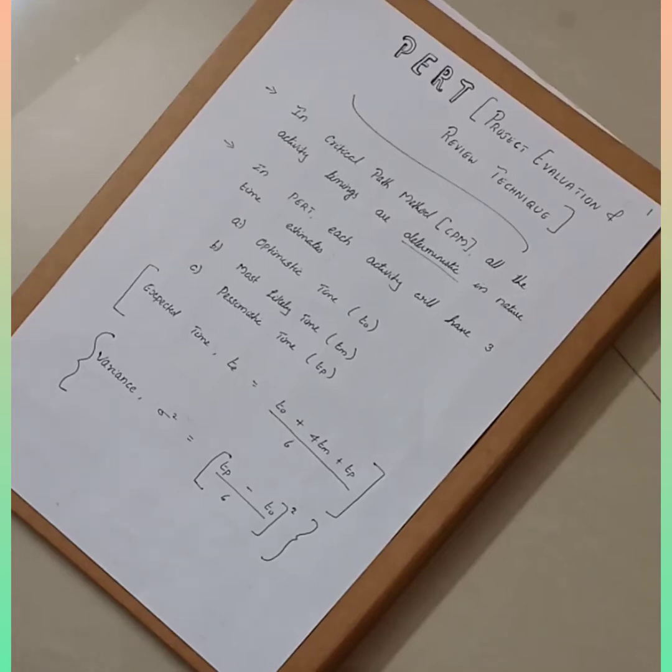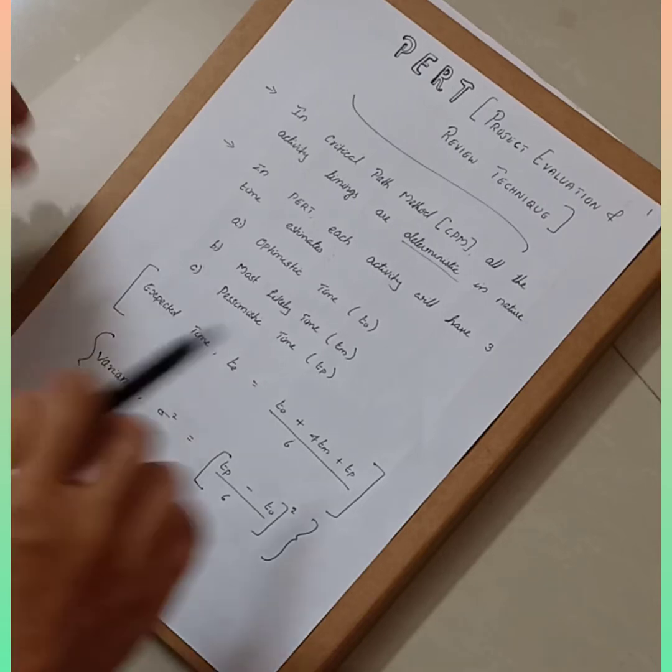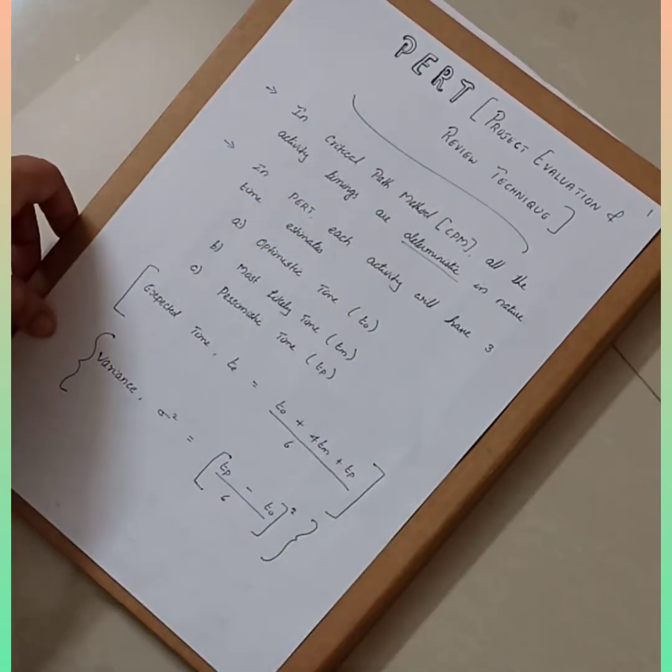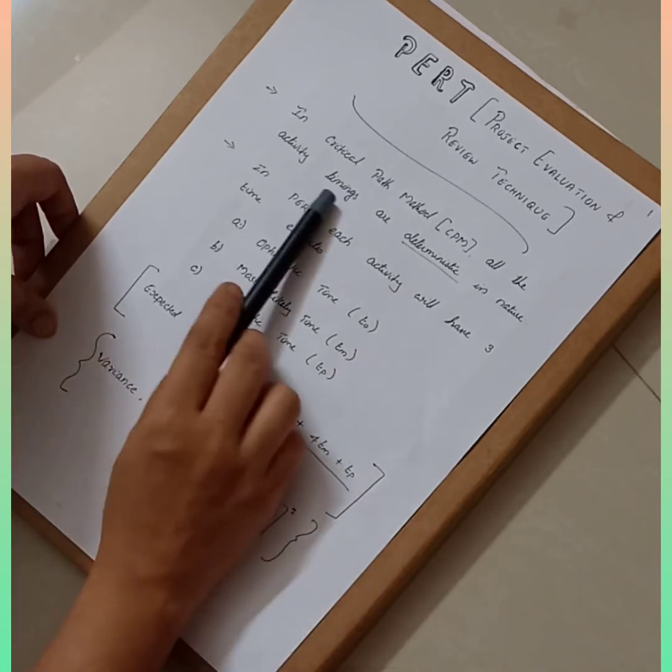Dear students, in today's class we will discuss project evaluation and review technique. In last class we discussed the critical path method or CPM in network analysis, right? So in network analysis the second technique is project evaluation and review technique. Now what is the major difference between critical path method and PERT is that in case of critical path method